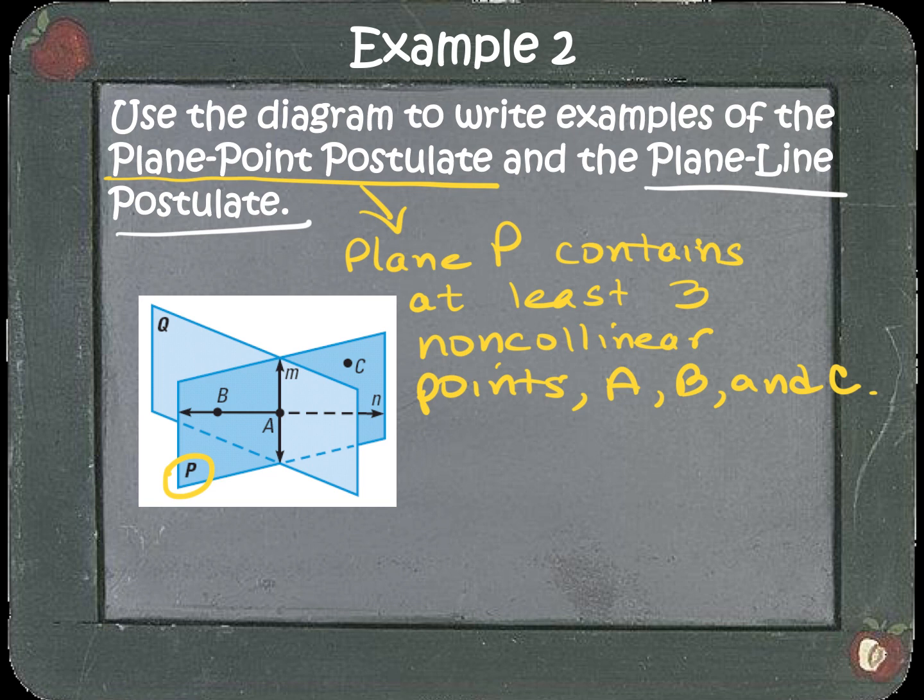So I don't want you to just restate the postulate that a plane contains at least 3 non-collinear points. If I ask you to use the diagram, I want you to name 3 non-collinear points. Now, the reason why I picked plane P is because plane Q, I only see points A and B there, and they're on the same line. I didn't have a third point. Now, for the plane line postulate,